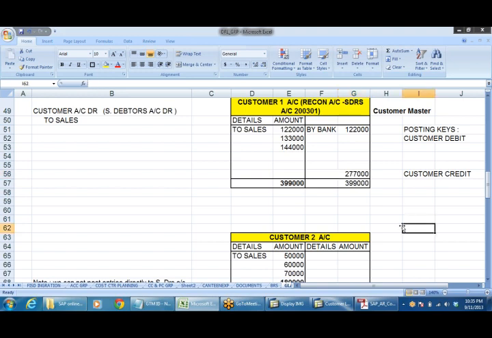Now say for example this invoice has been raised in this month, September 11th, say 01/08/2013. This invoice is raised on this date and now payment is received. That's why both of them will be cleared.